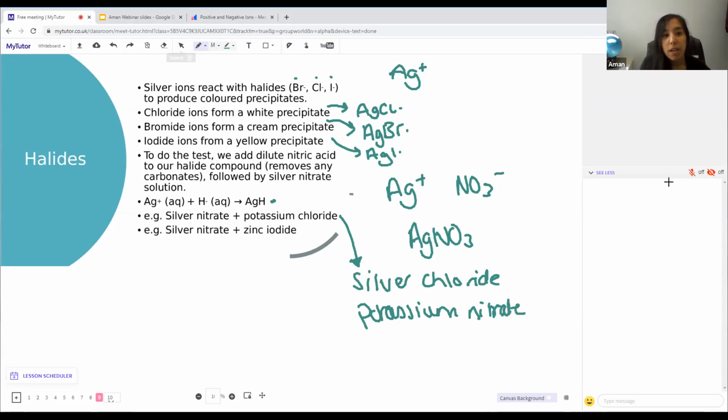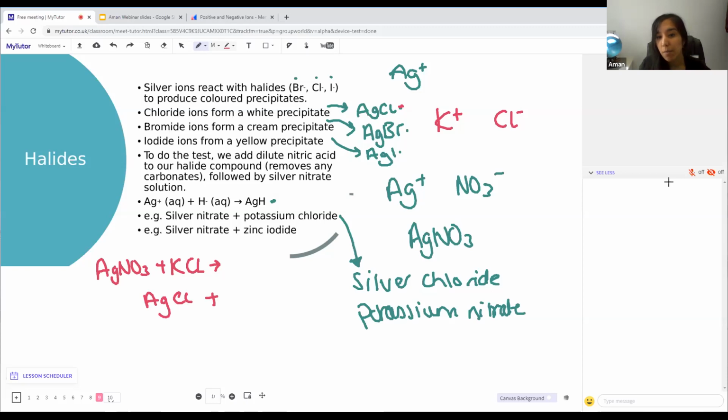So let's write that out then as a balanced equation. So silver nitrate, I've written here, is just AgNO3, and that's because silver forms a positive charge and nitrate forms a negative charge. So when they bond together, it's just one silver for every one nitrate. So AgNO3. It will then react with potassium chloride. Potassium forms a positive charge. Chlorine, in group 7, forms a negative charge. So one potassium reacts with one chlorine. To then produce silver chloride, which is just here, AgCl,